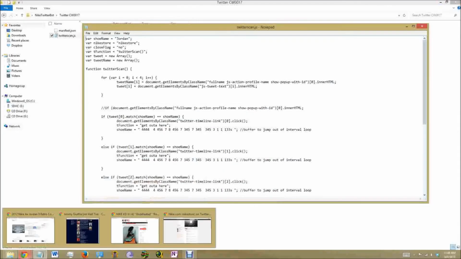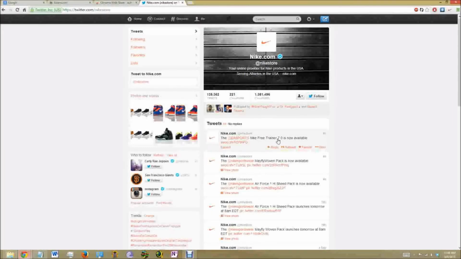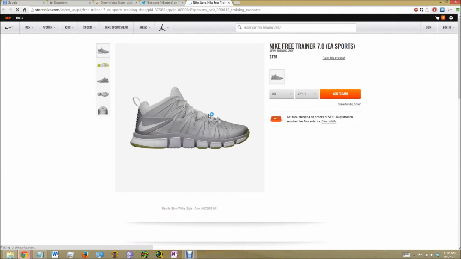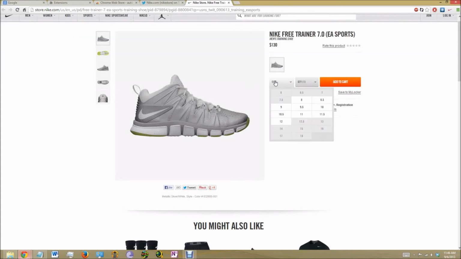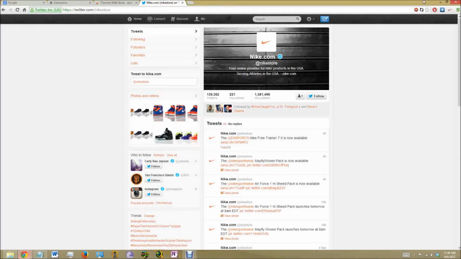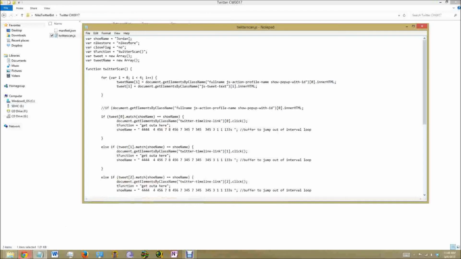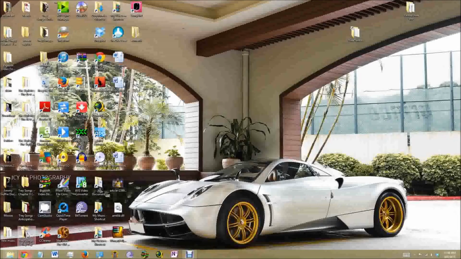So say that, so you can see right here, it says Nike Free Trainer 7 is now available. If I click on it, it's just like this, and it'll add it to the cart because I set it to do that in my size. You'll see what's available, but if we want that to happen automatically for the trainer, go back to the text editor. Right here, it's set for Jordan. Okay, so if we typed in trainer and just hit file save and close that,